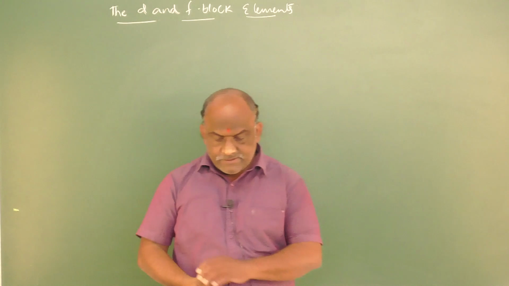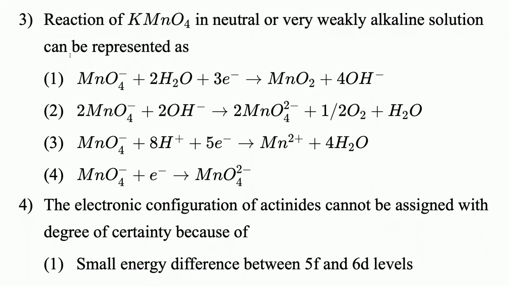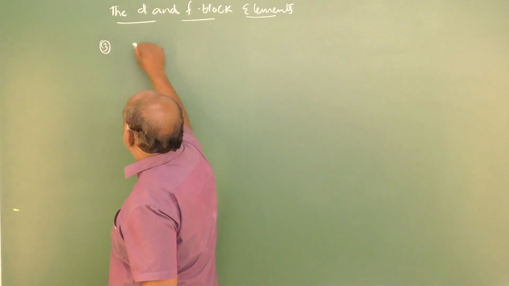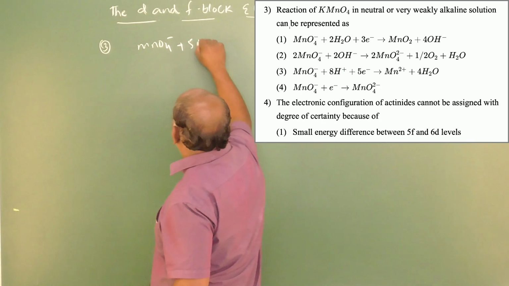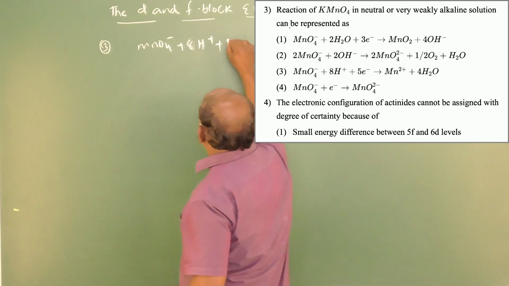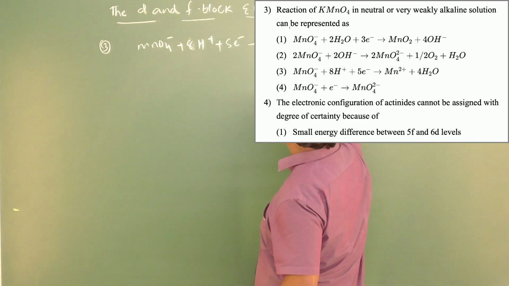So from that, question number 3. Reaction of KMnO4 in neutral or very weakly alkaline solution can be represented as. Four options were given. Already we have done some chemical reactions regarding potassium permanganate. Potassium permanganate acts as a strong oxidizing agent in acidic medium, alkaline medium, as well as in basic medium. So question number 3, MnO4 minus plus 8H plus plus 5 electrons gives rise to Mn2 plus